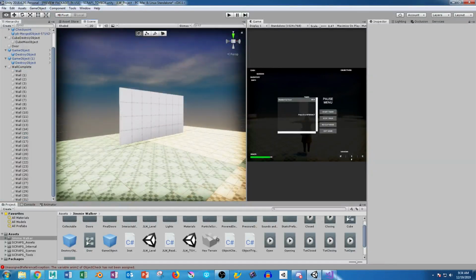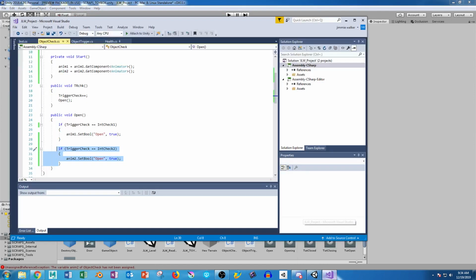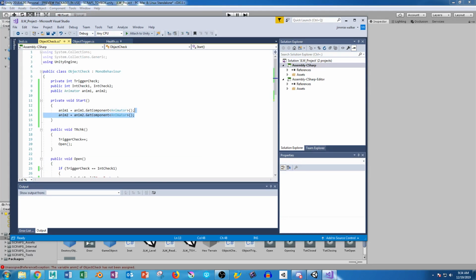So this way, this is going to be a wall object that the player cannot pass. And the way I'm going to do this is going to be a little bit more complicated, but it's going to look really cool. So we actually need to delete this animation component, or actually,